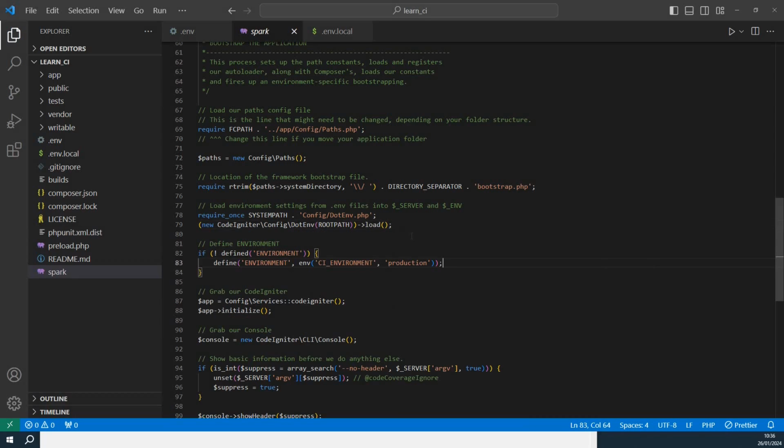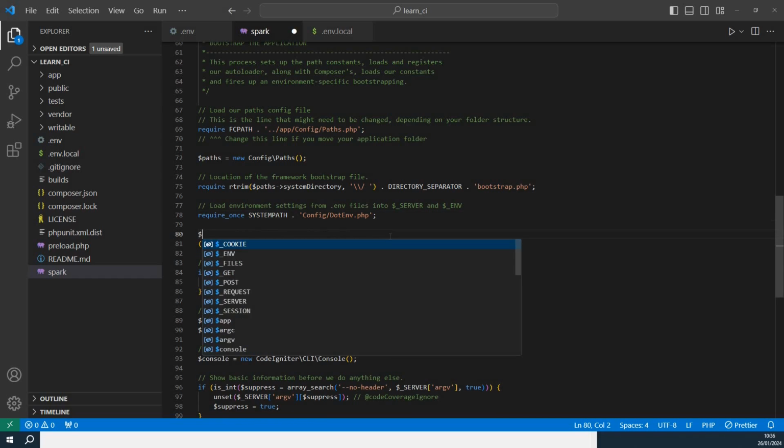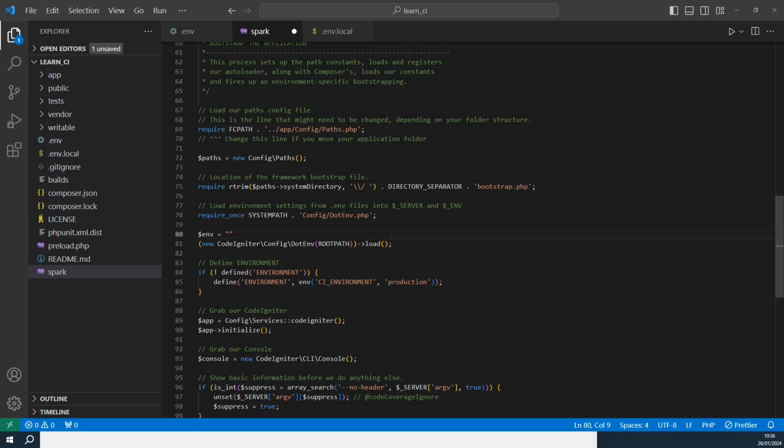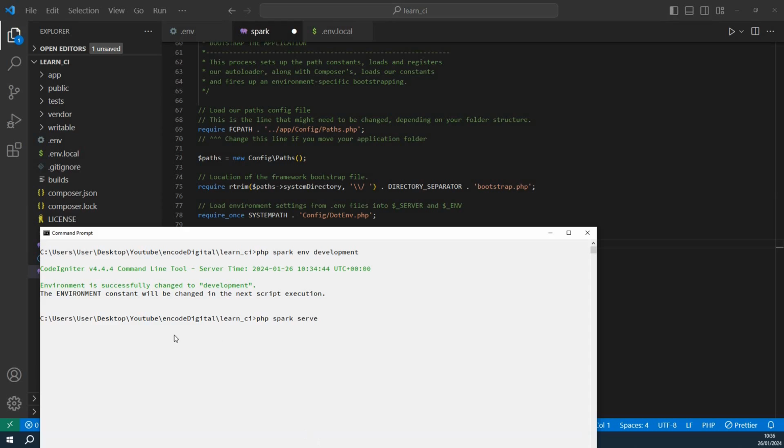So it triggers Spark first, so we need to set up the file over here. What I can do is, after this, if I just want to create an environment, by default I'm going to call it production, because if nothing is given, then I want to have production. And then when you run any PHP command like this, any file,